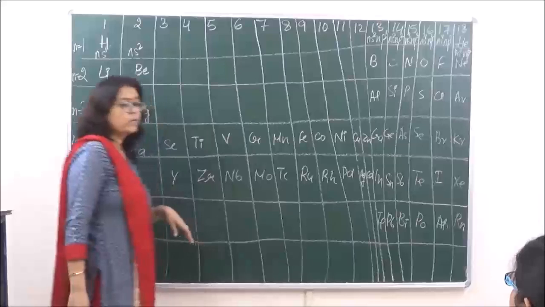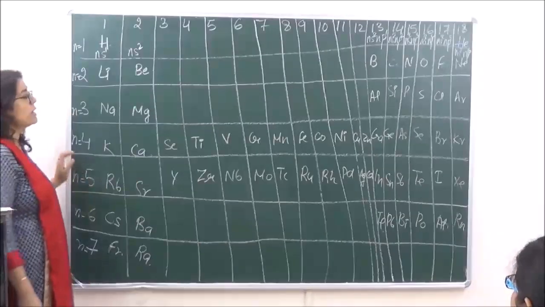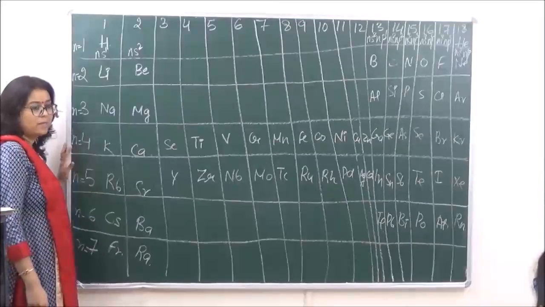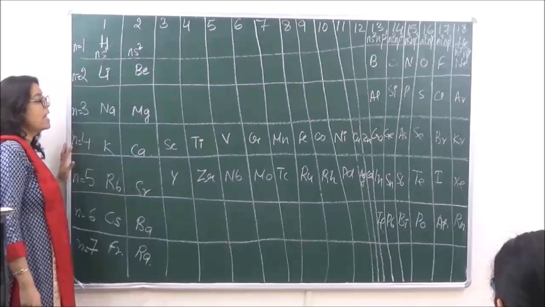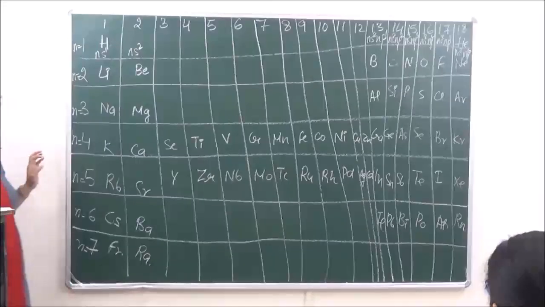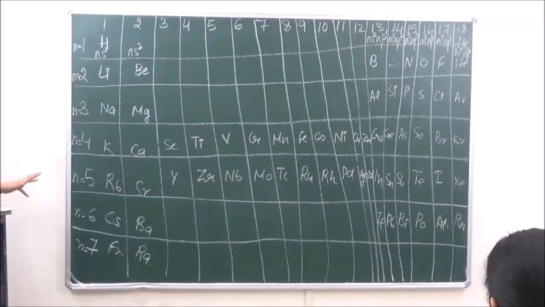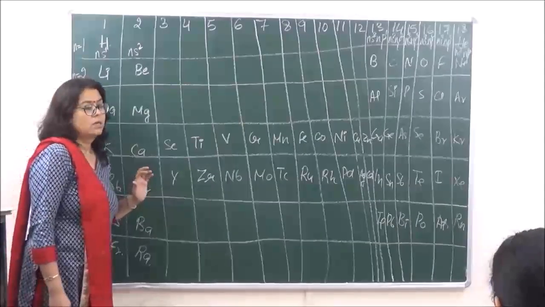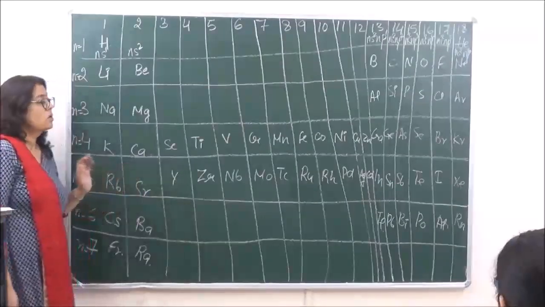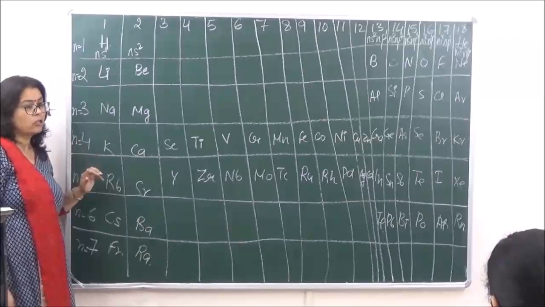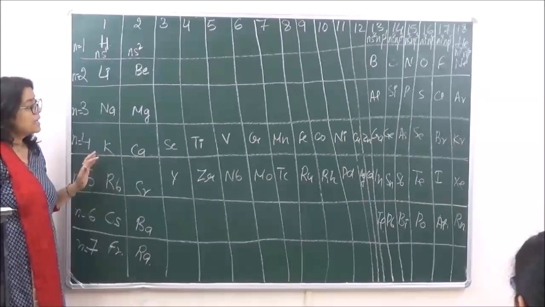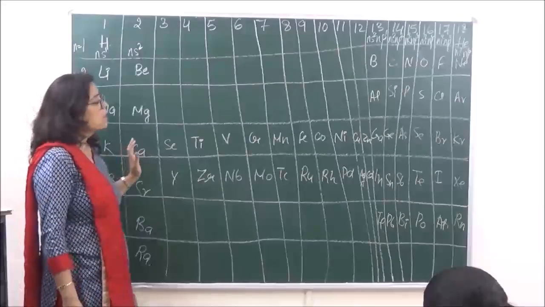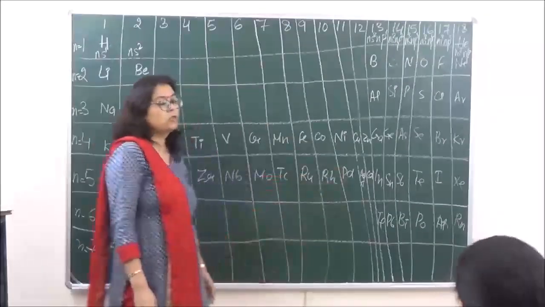Okay, now group 3 to group 12, this is known as what? They are known as the D block elements or the transition series, as the outermost electron is entering into the D block. As I just told you, they are known as transition elements. Why? Because they have relationships horizontally also and vertically also. And another reason is that they show a gradual transition or change in properties when we are traveling from S to P.